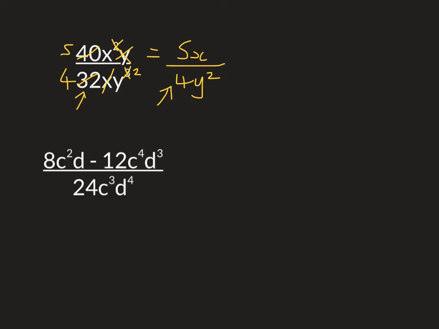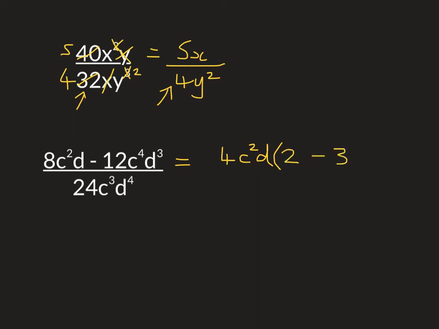Next, I looked at ones that looked a bit like this. So the first step, remember, was to factorise it. So look for common factors. So let's do the top first. So I'm going to take a 4 out, and I'm going to take a c squared out, and I'm going to take d out, and then that leaves me with 2